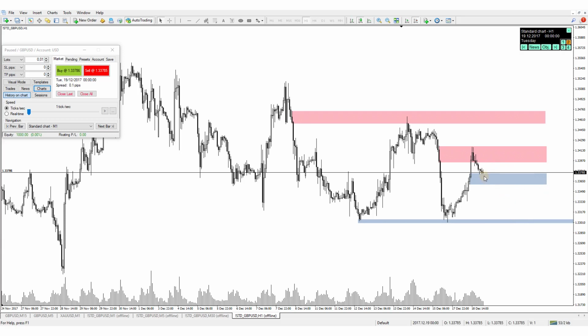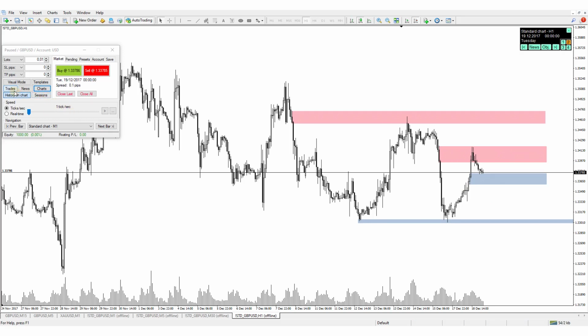But of course, this is the end of the session. Yes, I don't trust anything that is happening in the Asian session, especially when some zone is created. I just like to mark the Asian high or low, but not the zones during the session. So this is just the setup for me, and now